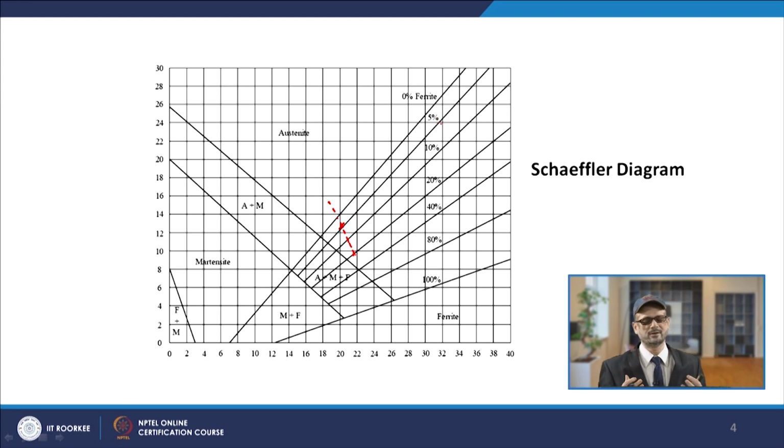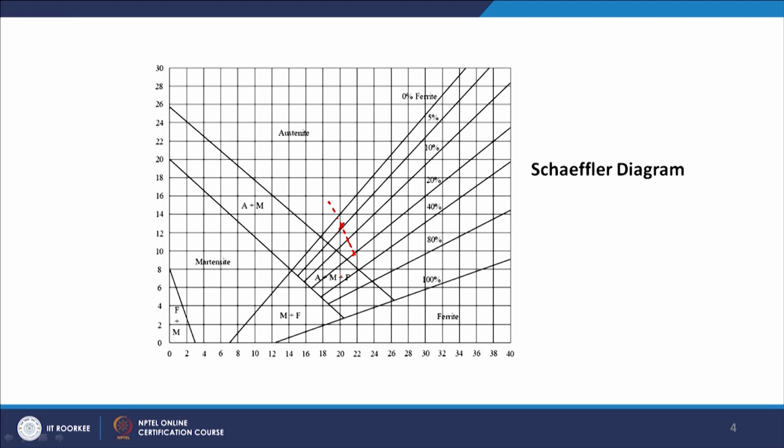So you will have 95% of austenite. So this is the austenite zone. Once you have 5% ferrite, you will have 95% of austenite. This way you can calculate the weld metal composition. The composition of the weld metal may be ferrite plus austenite, or it may fall in the range of austenite and martensite and ferrite, or it is ferrite or so. That way it can be found out.